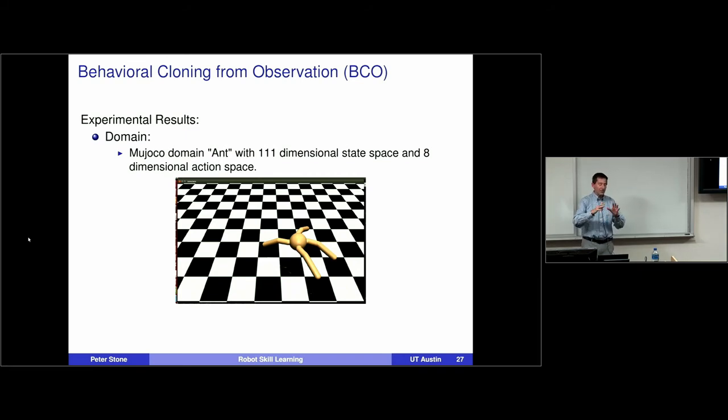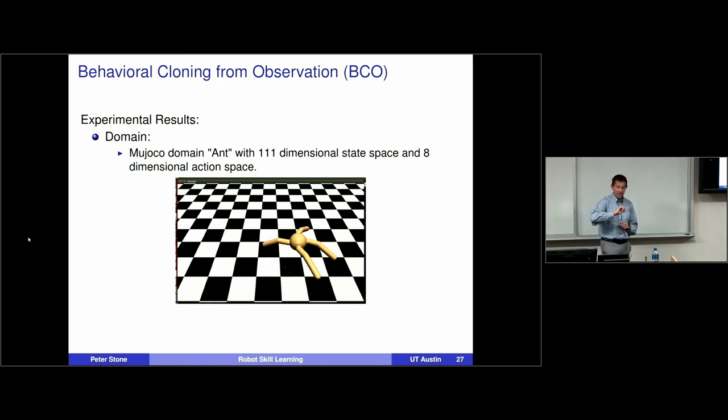So there are multiple approaches to having control. You can do it all analytically. You can learn from scratch without any starting point. I would say there are situations where you can do it analytically, but I think there are limits to that. There are situations where you can learn from scratch, but there are limits to that too. This is an approach where we want to do learning, but in a data efficient way. So you don't want to start from a random policy. You want to start from an imitation policy. It's one way to get a behavior into the agent.